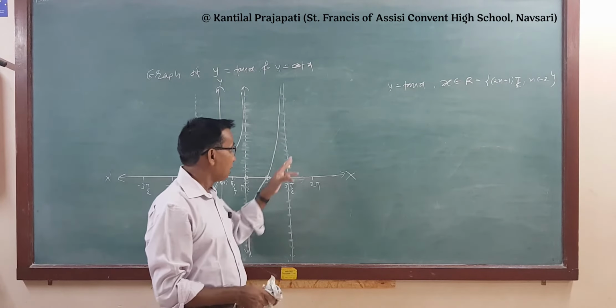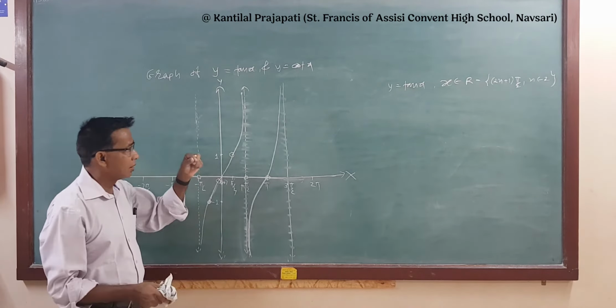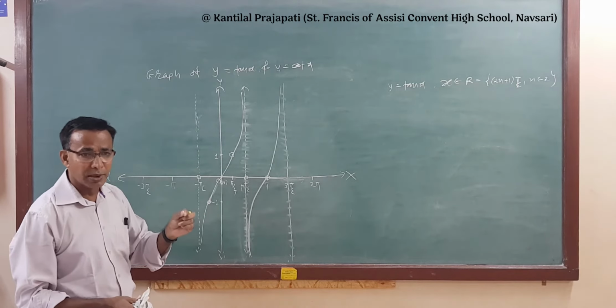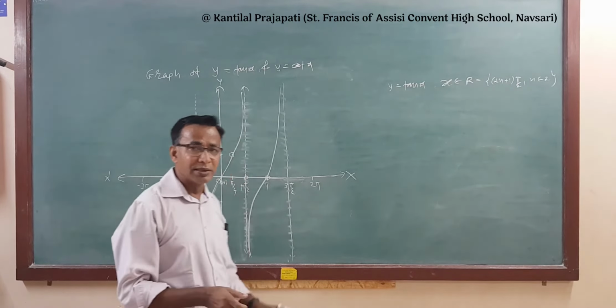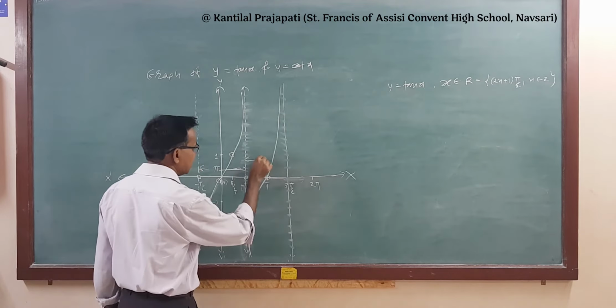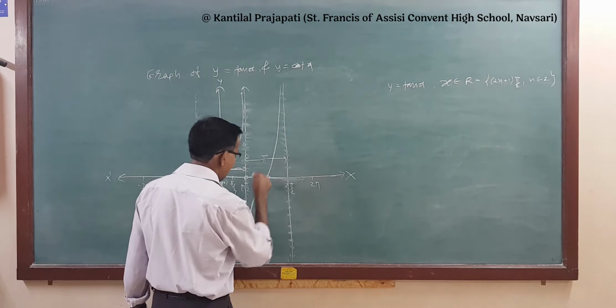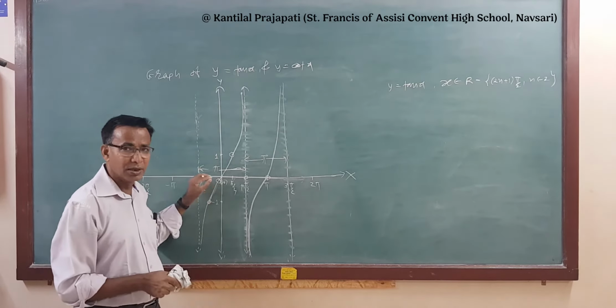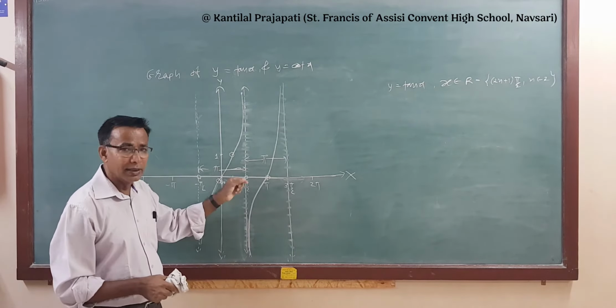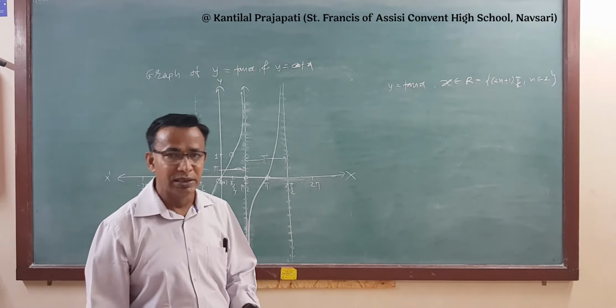So we have discussed that all the trigonometric functions repeat in an interval of 2 pi. But you can see here in the tan function, you get the same graph in an interval of pi. The length of the interval from minus pi by 2 to pi by 2 is pi. Similarly, the length of the interval from pi by 2 to 3 pi by 2 is also pi. That is, it repeats after an interval of pi, and therefore the principal period of the tan function is pi.